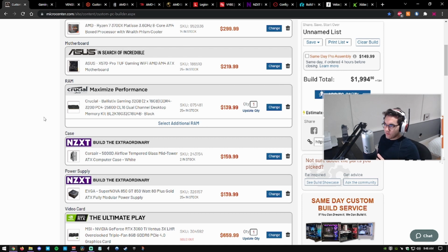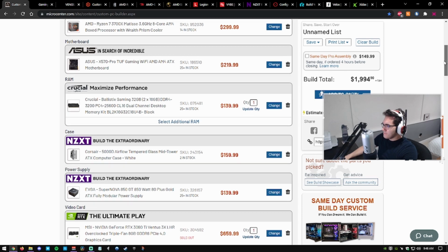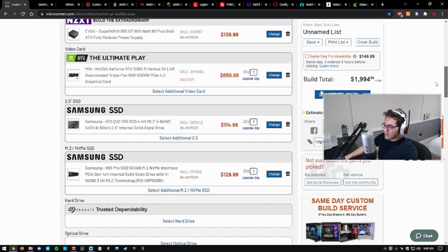You're getting a lot of extras for free or included in the price, and the build total seems like a lot, but then when you look at the stuff that's included, it's really not too bad. So anyway, this is just the 2000 build. This is kind of what I'm looking to maybe build, a little bit different than this,